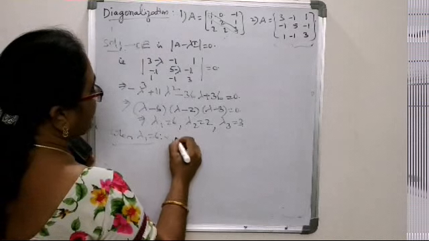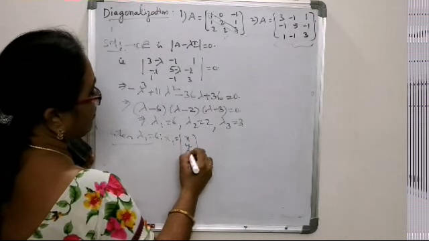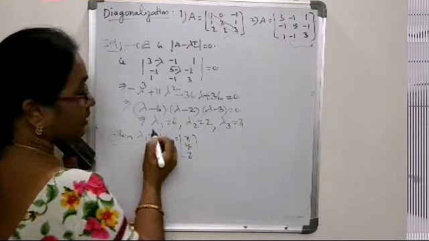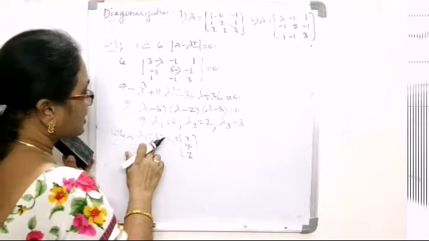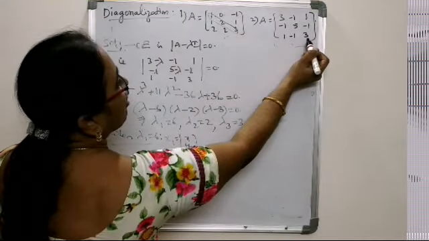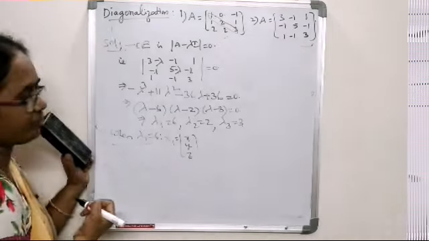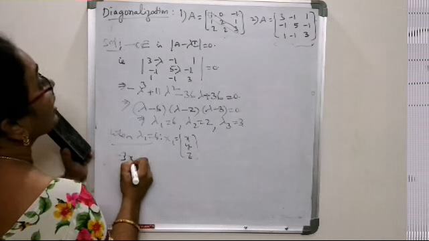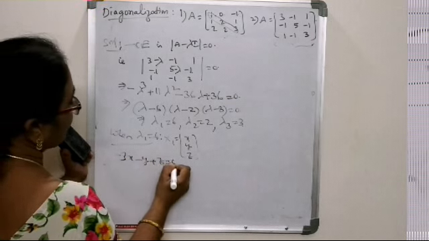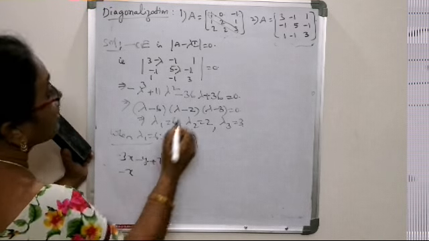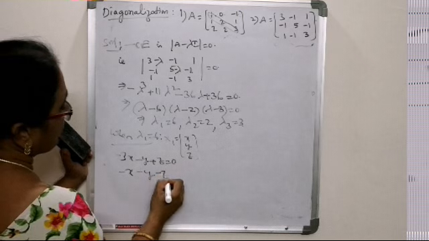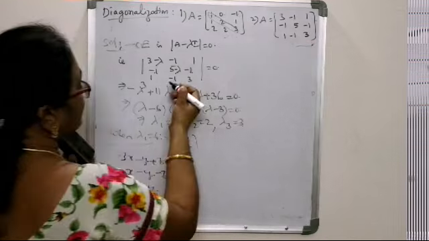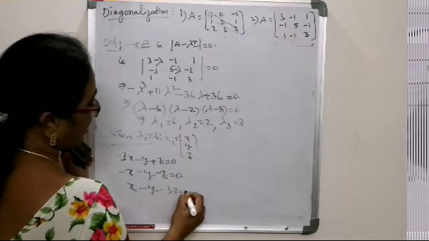Now corresponding to lambda 1 equal to 6, let us calculate the eigenvector. Suppose the eigenvector X1 is the column x, y, z. With the shortcut technique I have explained, this 6 has to be subtracted from the diagonal elements and row-wise we can write the homogeneous system. So it is 3 minus 6, we get minus 3x minus y plus z equal to 0. Next, minus x plus (5 minus 6) y, minus y, minus z equal to 0. Next, x minus y plus (3 minus 6) z, minus 3z equal to 0.